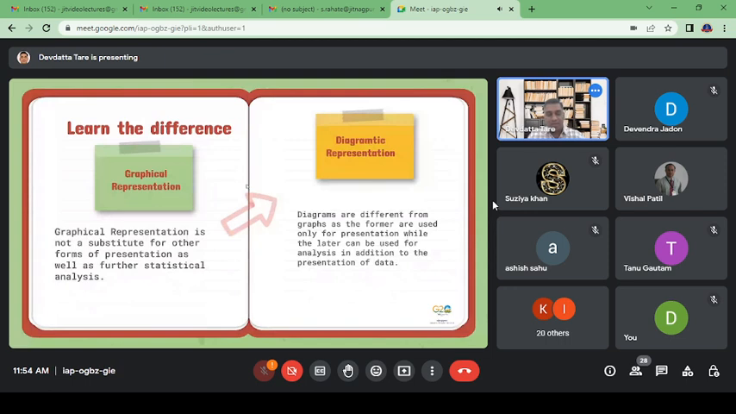Now, there is a difference between graphical representation and diagrammatic representation. What is the differentiation? As far as my content is concerned, I have been given the responsibility to cover graphical representation,